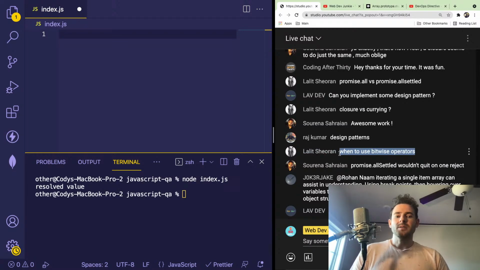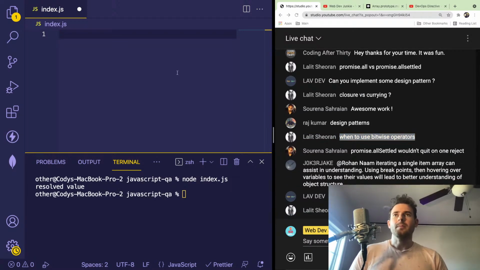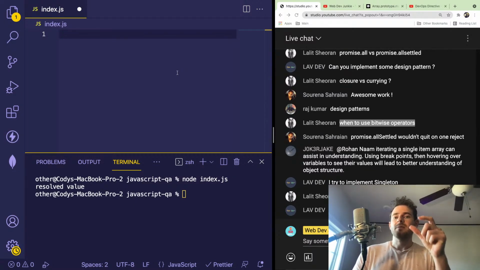When to use bitwise operators. I actually have never used the bitwise operator at my work. When would you want to use it? Maybe it's if you need to have a bit mask. So I think sometimes if you need to really dive deep into performance, sometimes you can use a bit mask to keep track of things. So like,